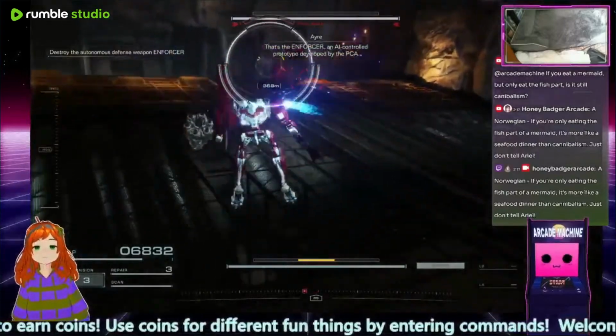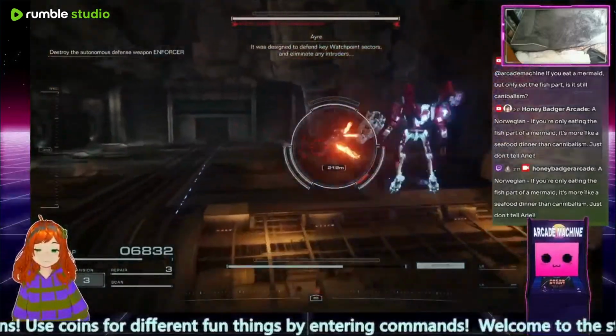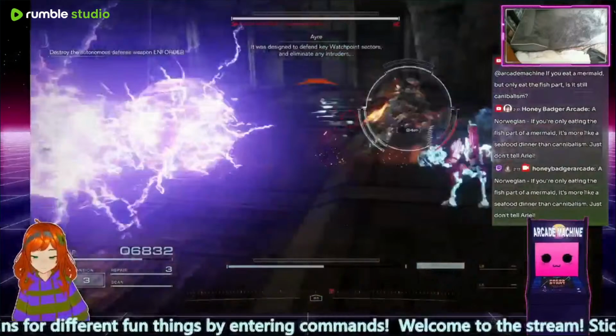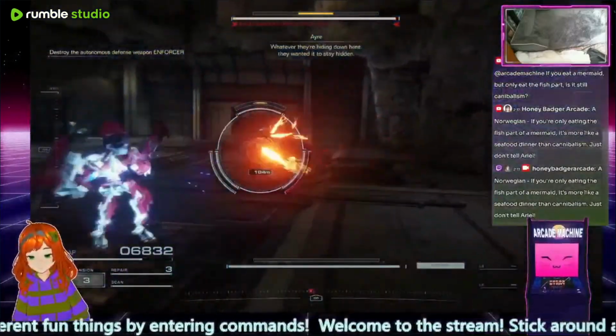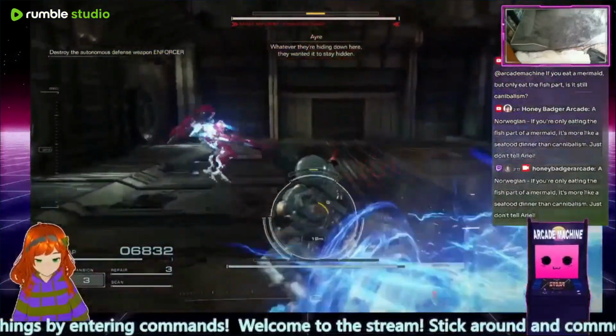Developed by the PCA. It was designed to defend key watchpoint sectors and eliminate any intruders. Whatever they're hiding down here, they wanted it to stay